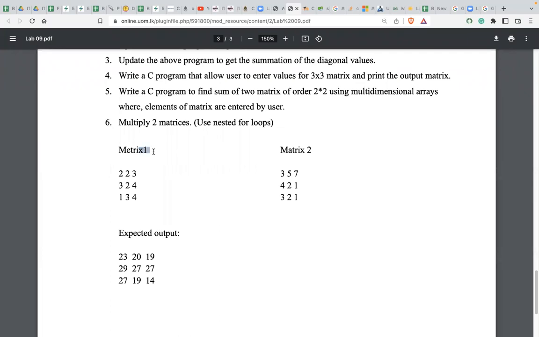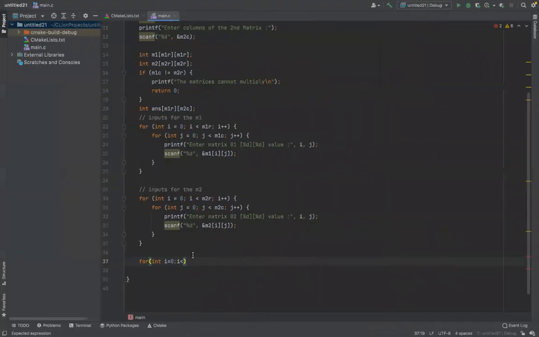M1 rows, that means M1R, and i plus plus. Then you can write another for loop, int j equals 0 and j less than